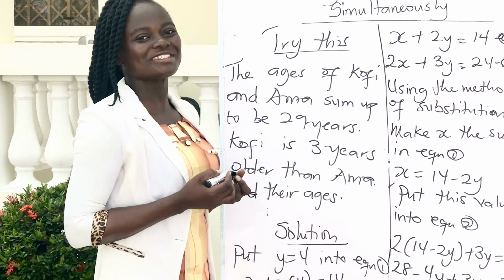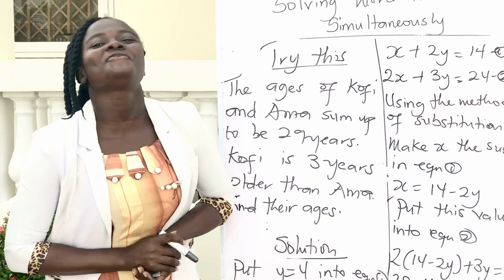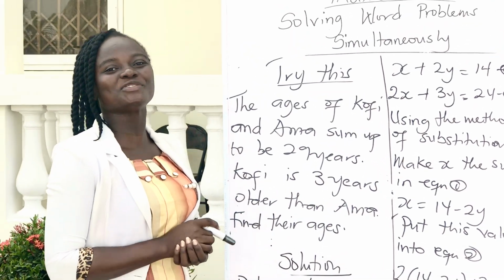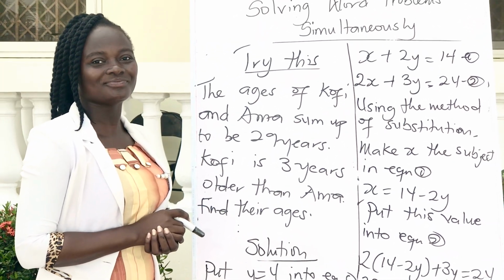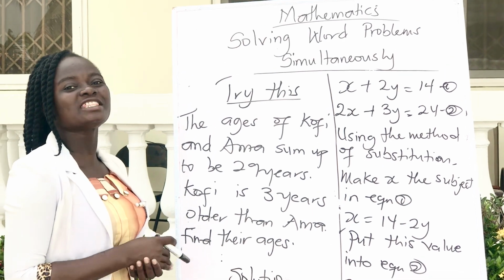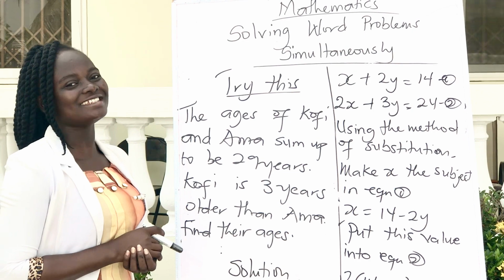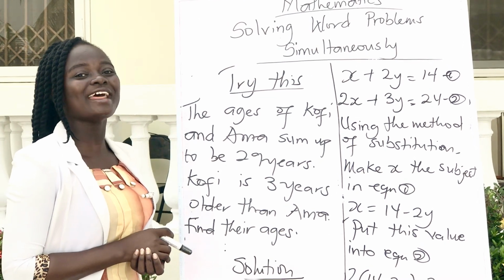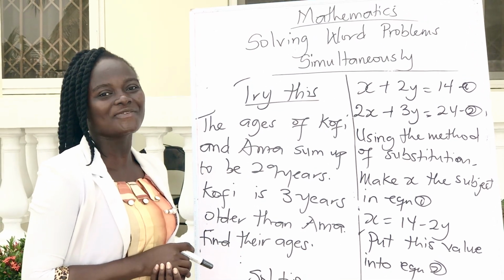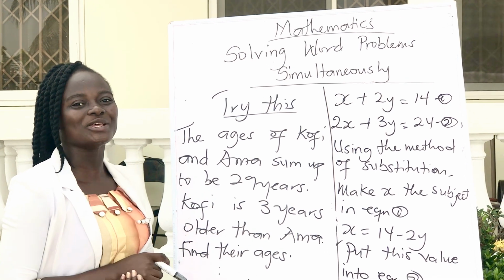The ages of Kofi and Amma sum up to be 29 years old. Kofi is 3 years older than Amma. Find their ages. So this is so simple, and I expect you to solve it and present your solutions at